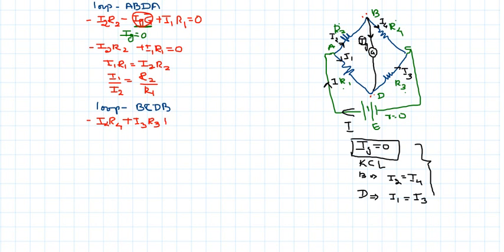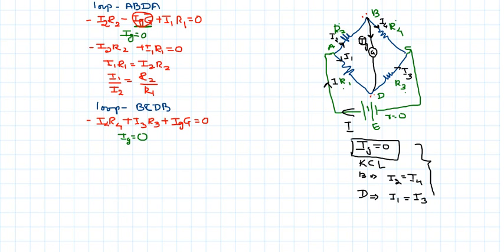Therefore, the sign will be positive here. Okay, therefore I can write it here as IG into G. That completes our loop, make it equal to 0. But there is again a special condition. This is all done at the balanced condition. We are also terming it as a balanced Wheatstone network. That is, IG is equal to 0.